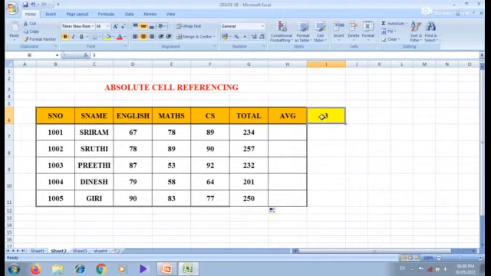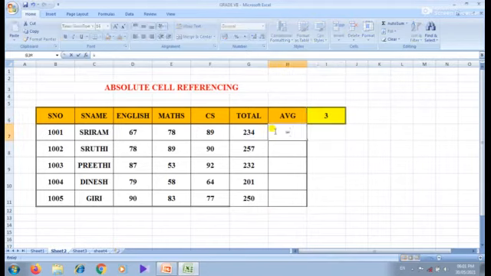Don't forget, student, a cell is nothing but the intersection of rows and columns. So how can we refer to this cell using the rows and columns? Here the column is I, then the row number is 6. So in which cell have I mentioned the value 3? I6. Okay, did you understand? I am going to use the value given in I6 to calculate the average mark.